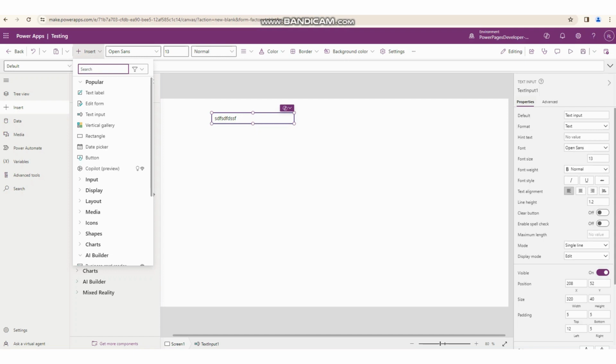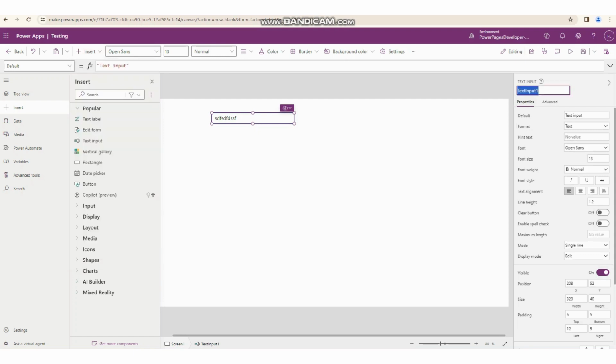First of all, the first option is the name. So what will be the name? We can write our custom name, and if we want to set the default name, that's fine. Or there are some properties areas. In the properties area we can check what the default value is, and if we want to give the hint text, whether it is text or number, as per our format,